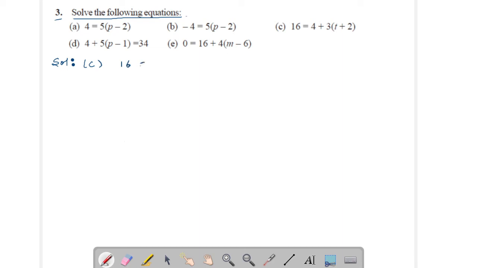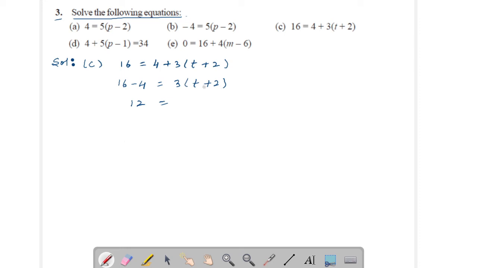16 equal to 4 plus 3 within the bracket t plus 2. Here transpose 4 to left hand side. Sign will be changed. This can be written as 16 minus 4 equal to 3 within the bracket t plus 2. 16 minus 4, it is 12